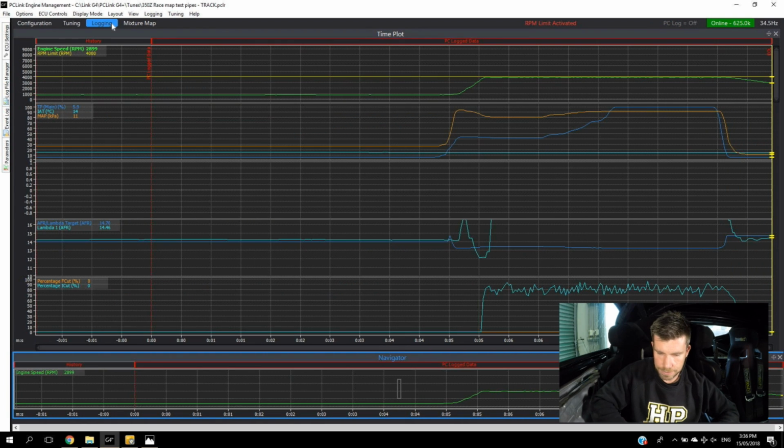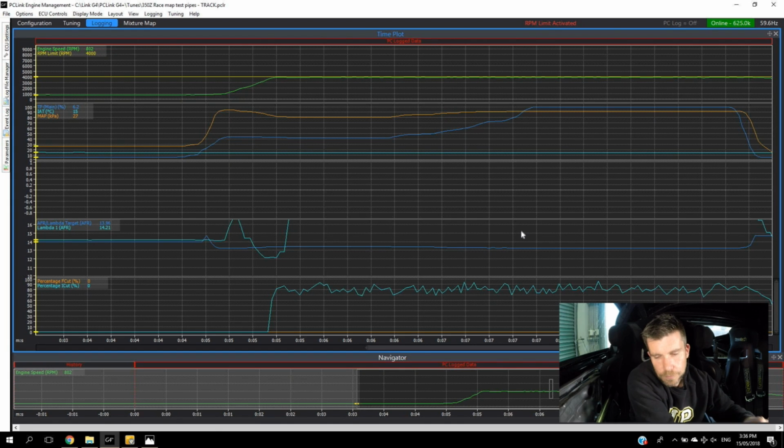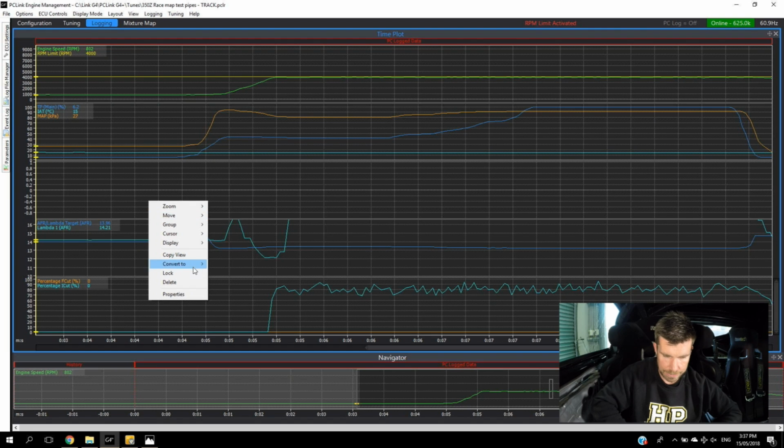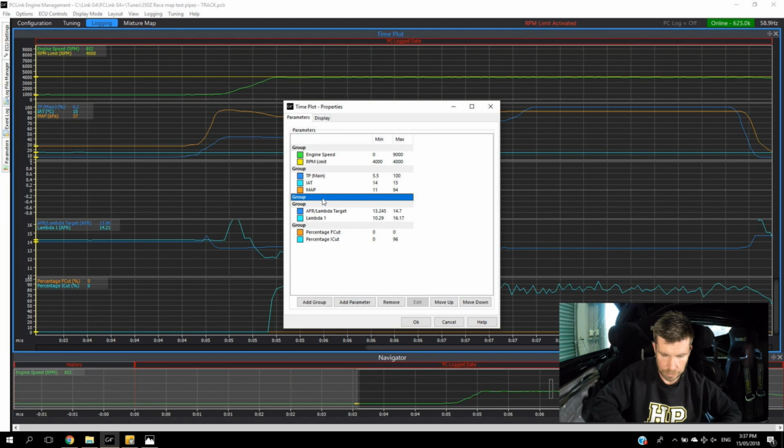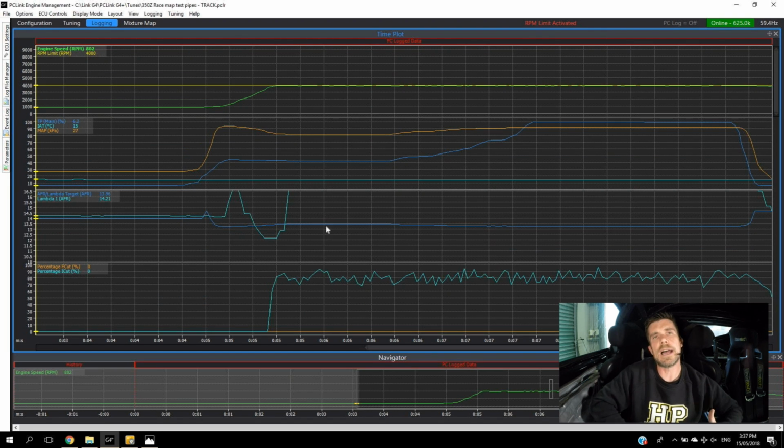Okay, let's just zoom in on a little bit of this so we can look at it in a little bit more detail. At the top of our groups here, we've got our engine speed in green, and then straight below this we've got our RPM limit, just so we can see what our RPM limit is currently doing and how close we're getting to this. In our next group of parameters, we've got our throttle position in blue. It's about the only one that you really need to know about there. I've got a group here that's doing nothing, so let's just get rid of that, just to make everything look a little bit neater. We've got our air fuel ratio and our air fuel ratio target,